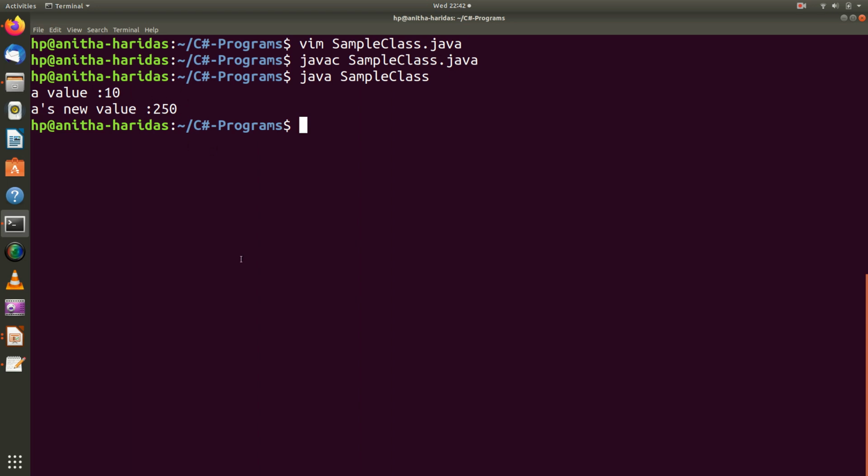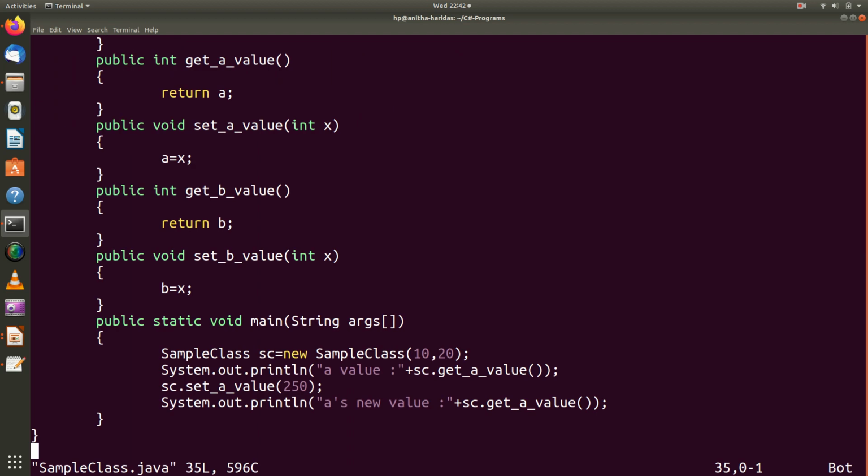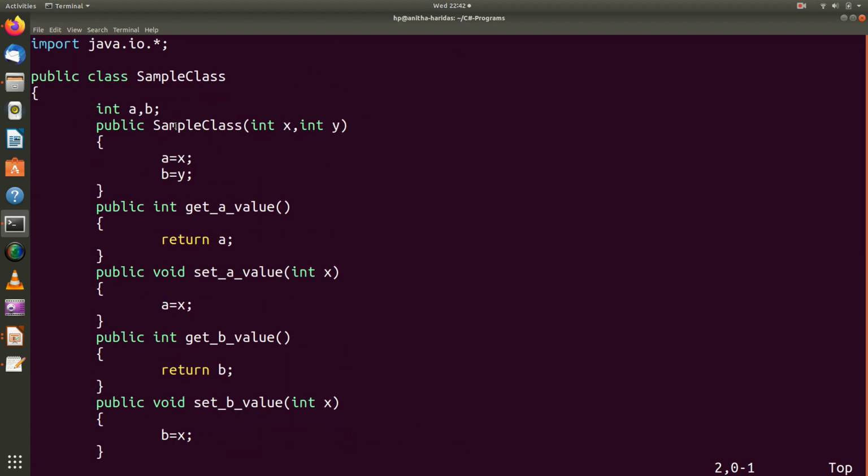So here in the program, A and B are the private variables or the private members of this particular class. To manipulate these private fields, you declare public methods which are used for accessing. Get methods are used for accessing the value.